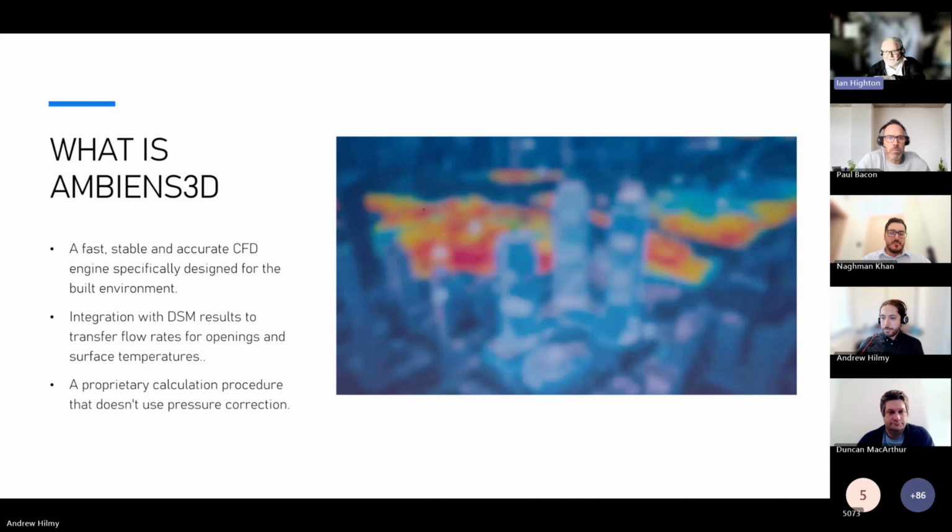And guess what? It did shoot across the light shelf and then dump onto the kids. But having a bit of software that can actually demonstrate that and show you when the worst circumstances are, either through a summer condition perhaps, or a mid-season condition, or probably we went for winter conditions, which is probably where you're going to get the biggest delta T's and the buoyancy forces. So it's important, I think, to have the dynamic aspect of the air movement within the space coped with,